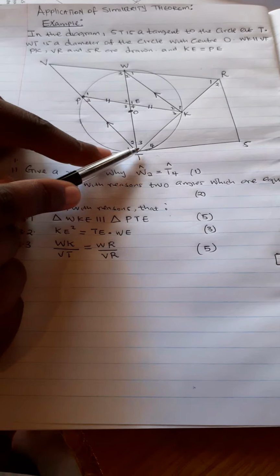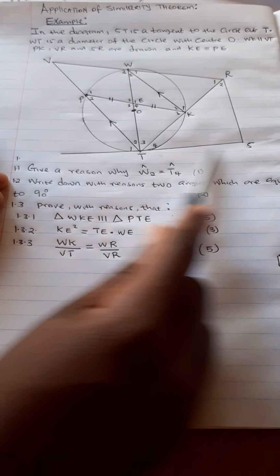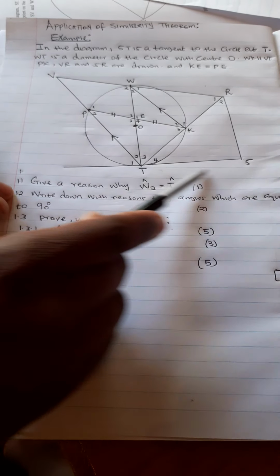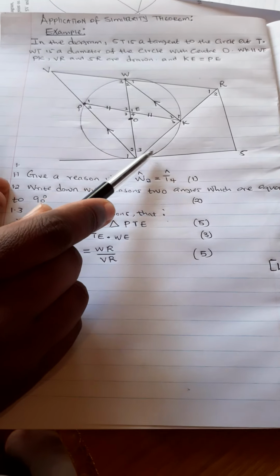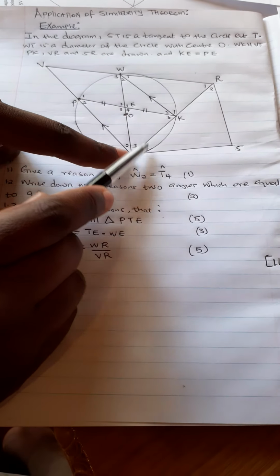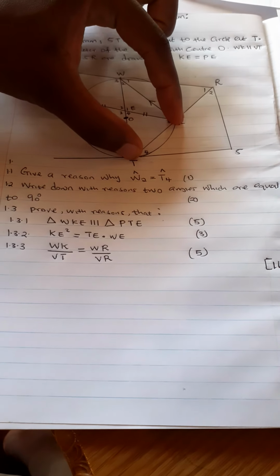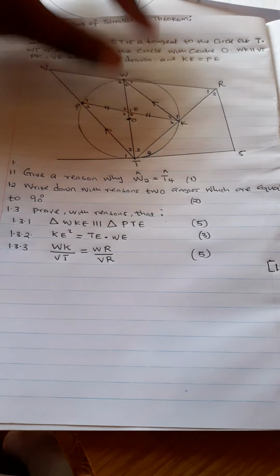You see, this is a tangent, and also this is a chord. That means the angle between a tangent and a chord is this one. So this angle is equal to the angle which is subtended by this chord,